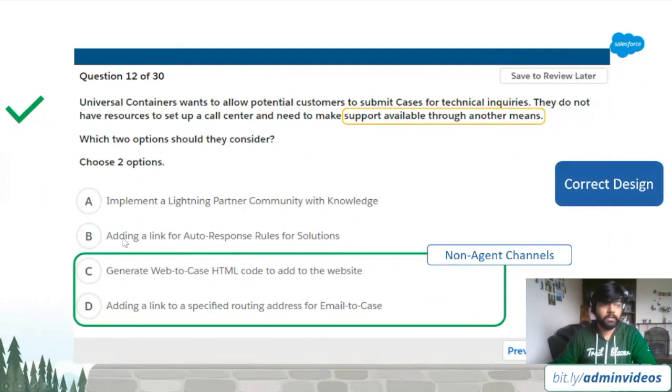Otherwise, the agent channel is basically somebody calls a call center and says this is the problem I'm facing, and then the agent on behalf of that customer creates a case in our system. They don't want to set up that call center, they want automatic case creation. So these are the non-agent channels which can be used for creating the case. Okay,